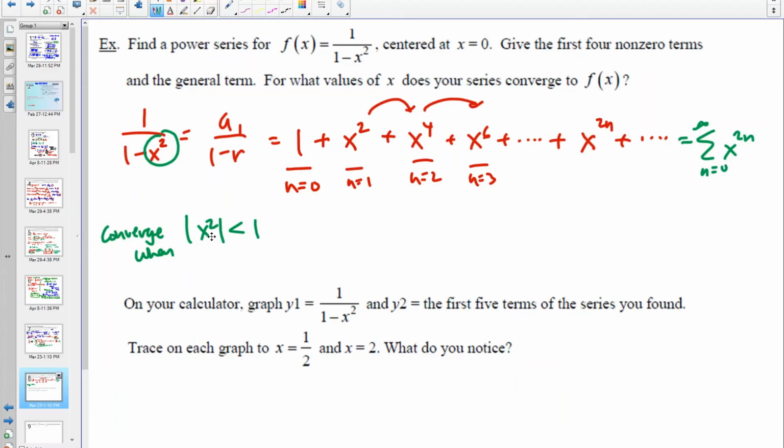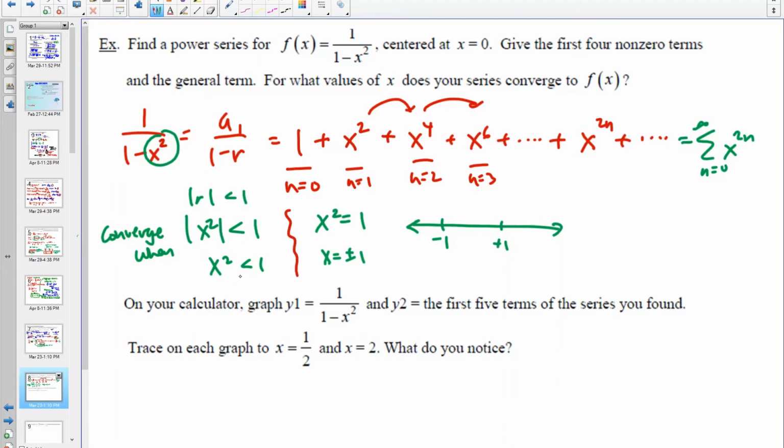Which is really your r. So what is the absolute value of x squared? Well, x squared is always positive, so that really is just saying x squared is less than 1. First you have to say x squared is equal to 1, and then you put it into a number line, and this is true at plus or negative 1. So you put plus or negative 1 into a number line, and you test these intervals to see which is true. That's how you do an inequality. So you have to find the numbers to put onto your number line,